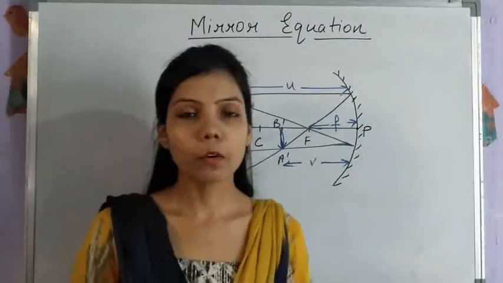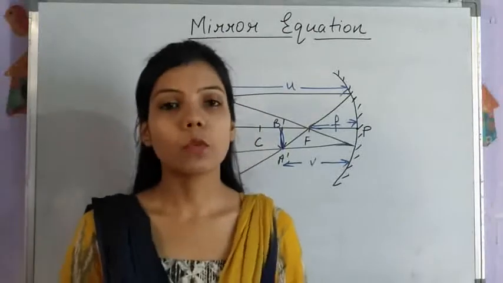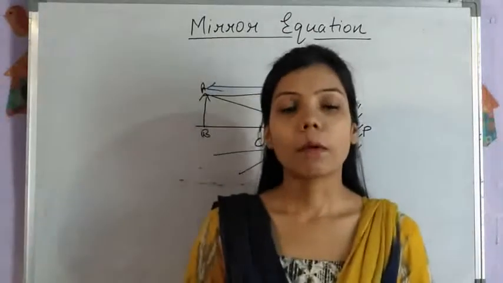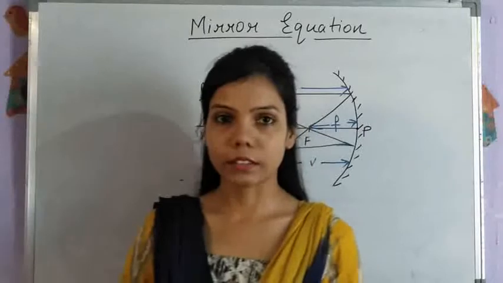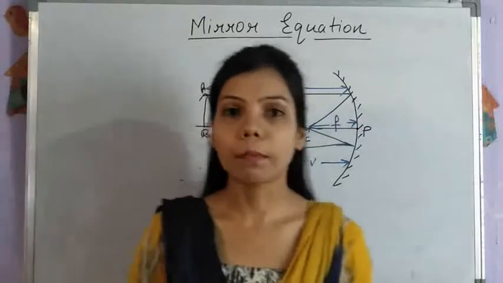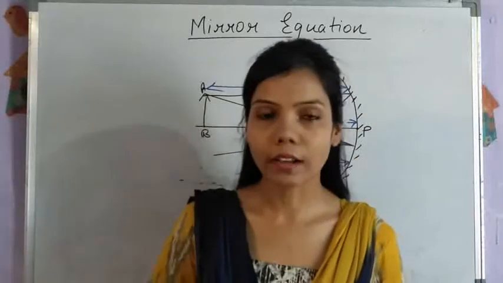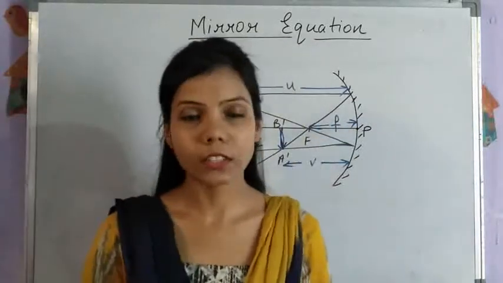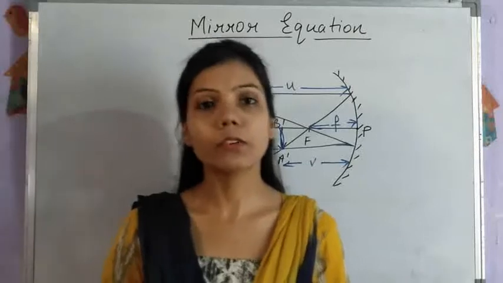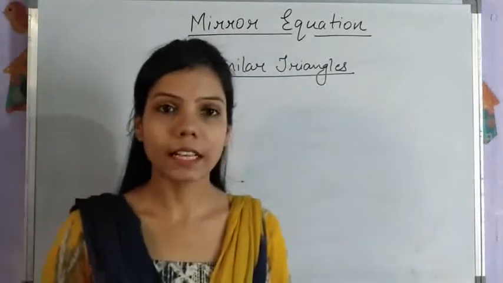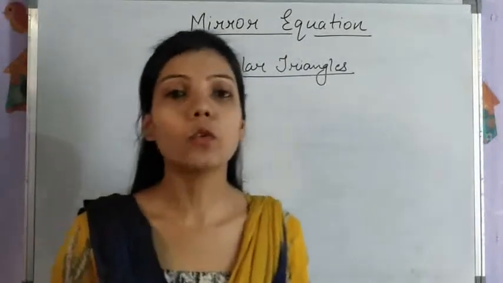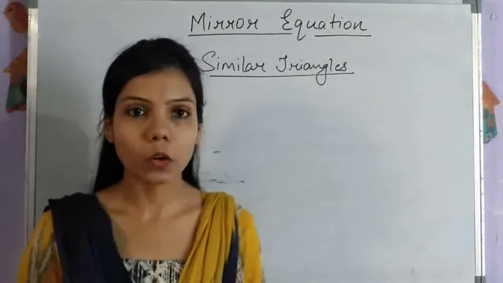In order to prove this mirror formula, there is one thing that needs to be understood, the concept of similar triangles. You might have come across the property of similarity of two triangles, how to prove that two triangles are similar or congruent to each other in your maths. So let us review that first. We will first see the properties to prove that two triangles are similar or congruent.